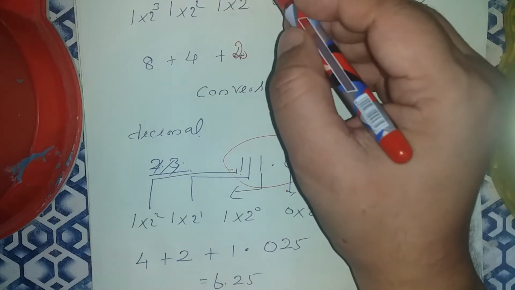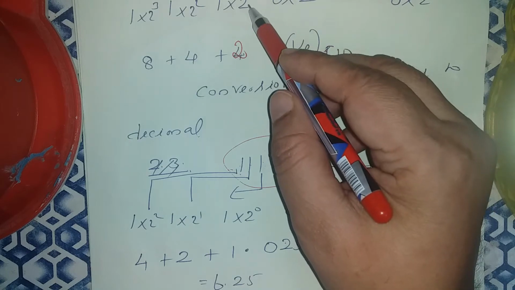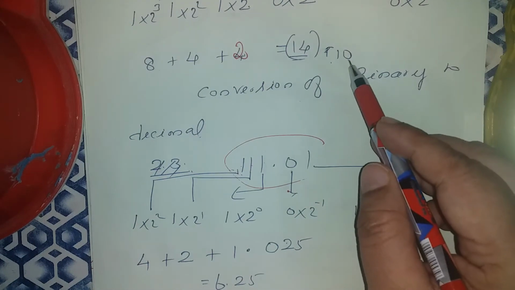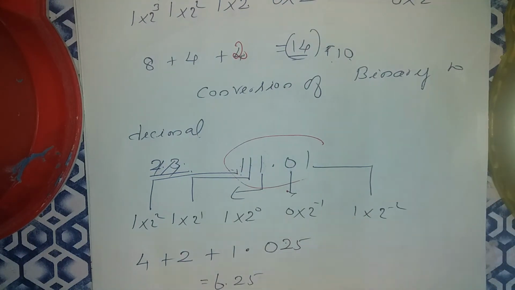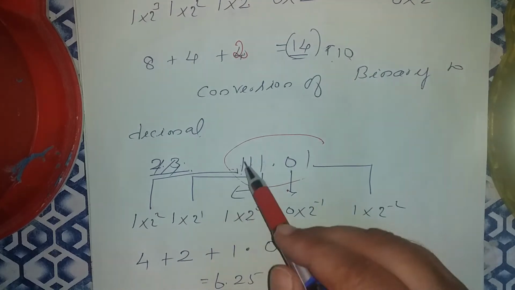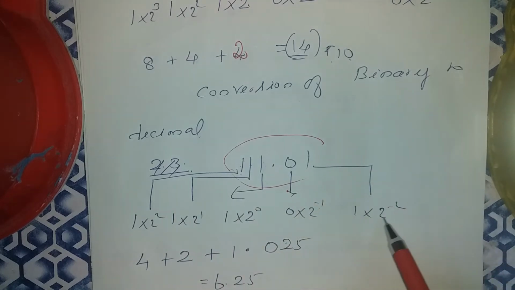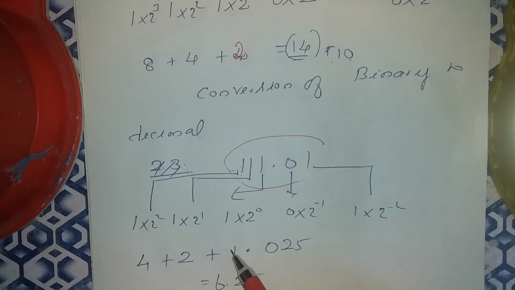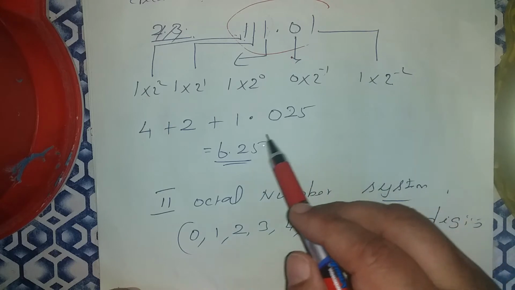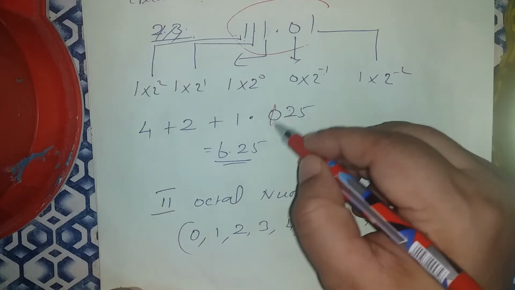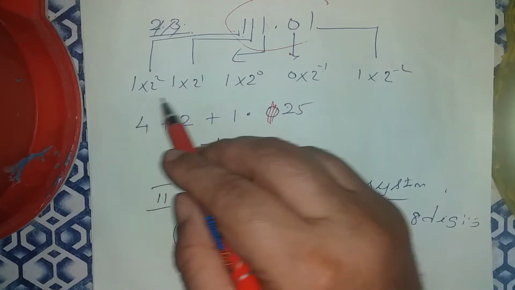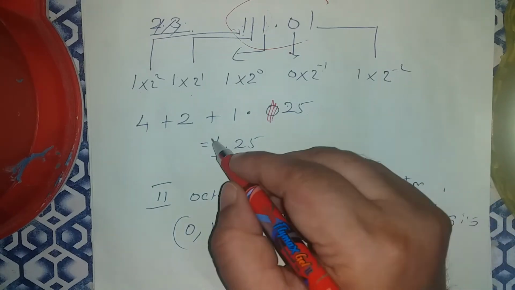So I have an ordinary binary number converted into decimal form. This is a real number converted into decimal form. Real number means the point should be there. So 1 into 2 power 0, 2 power 1, 2 power 2, then 2 power minus 1, 2 power minus 2. So this is 4, 2, 1. Understood or not? And 0 plus 1 by 4 is 0.25. So 4 plus 2 is 6, 6 plus 1 is 7, plus 0.25, I write 7.25.